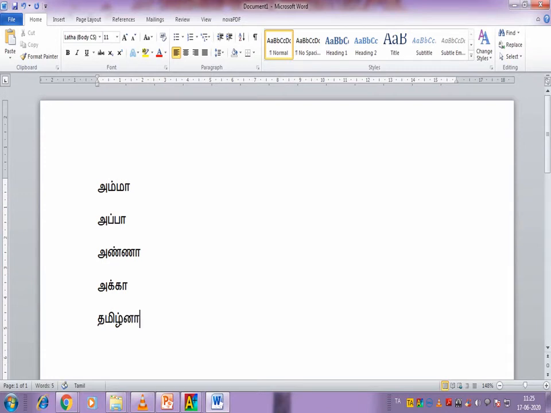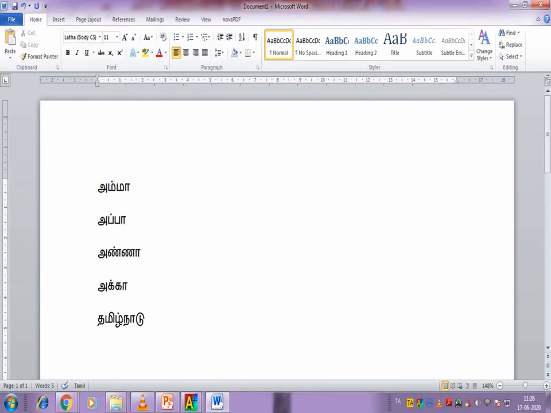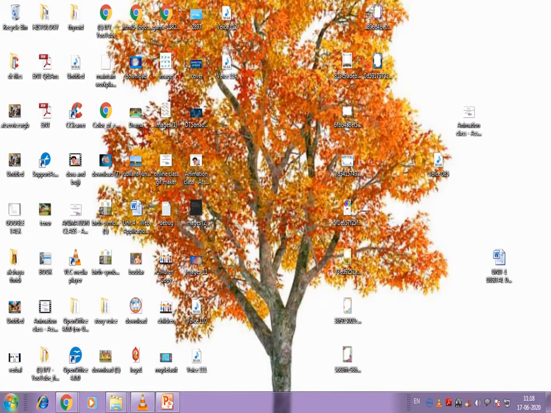See here, Nadu, how to get Nadu, Tamil Nadu. In Tamil Nadu, na, how will you get it? If you press N, you are getting Retta Chuyi. To get na, Tamil na, you have to press N and H, both the letters. Then only, in English, if you press N and H, you will get the Tamil na with the pulli. Then you have to press A to remove that pulli. Okay, na, if you want to get, you have to press N and H.